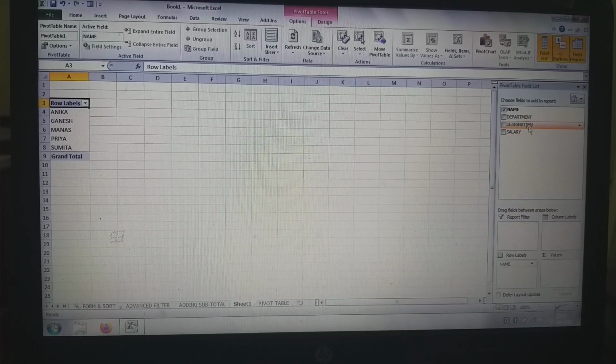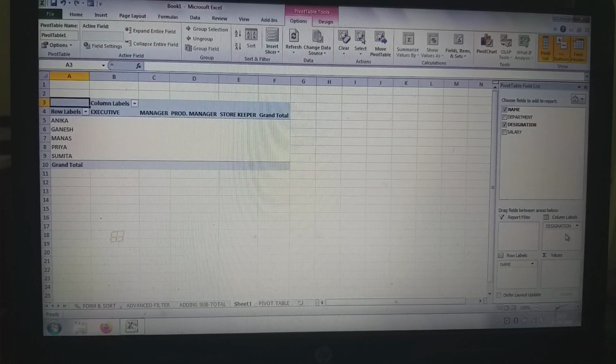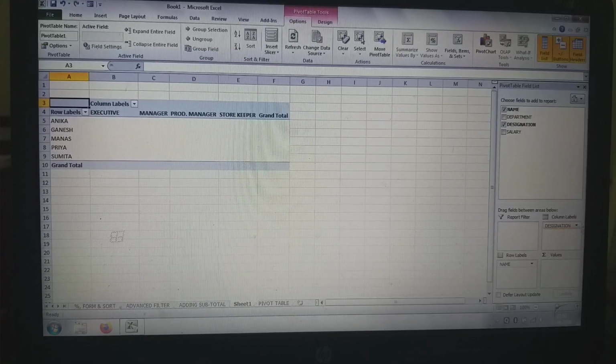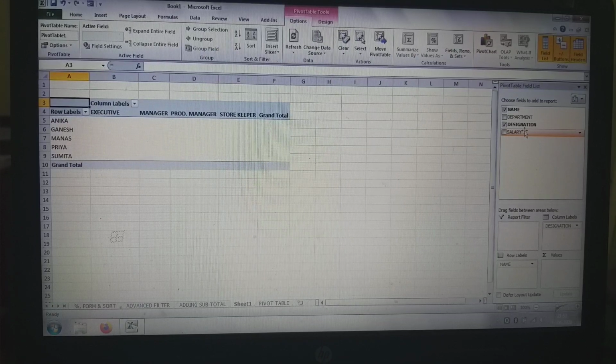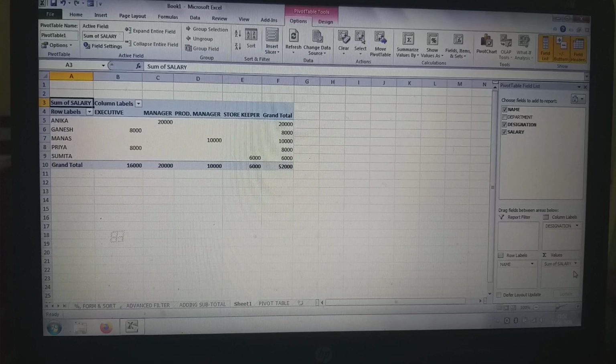Drag it properly into the column labels. Now drag the salary field into the values. Done. Now you can see the pivot table layout on the left hand side.